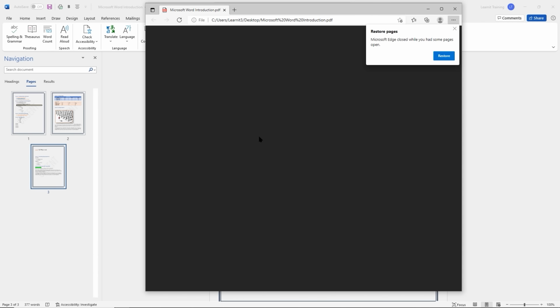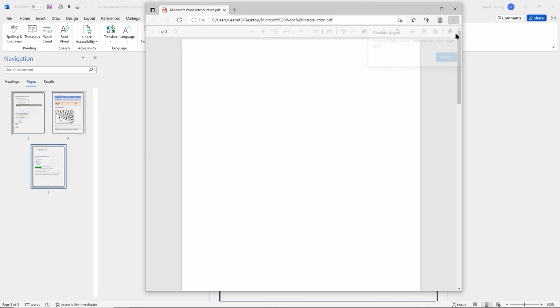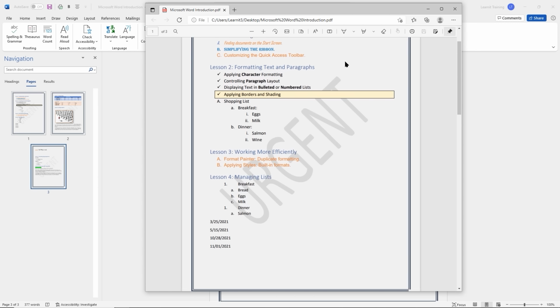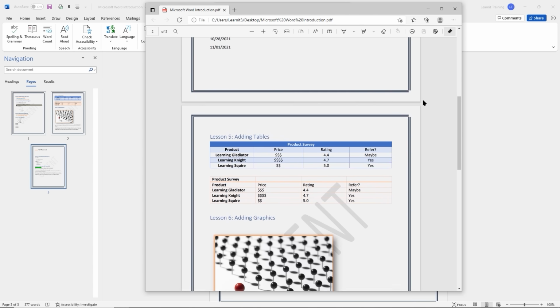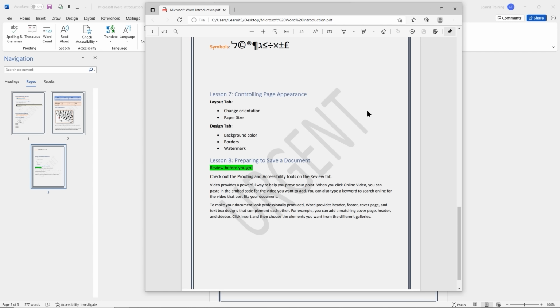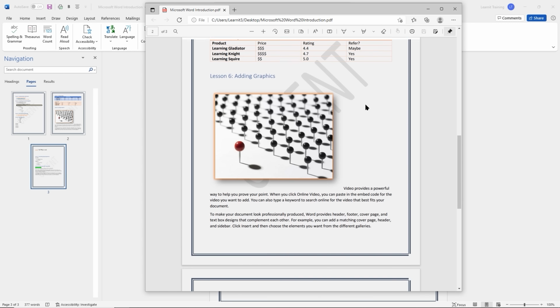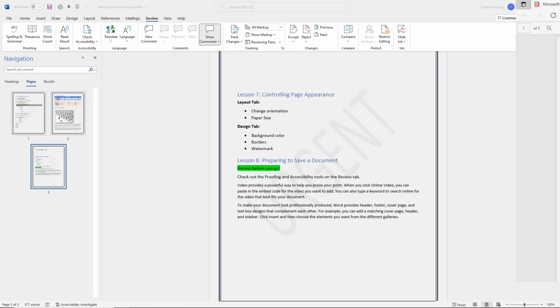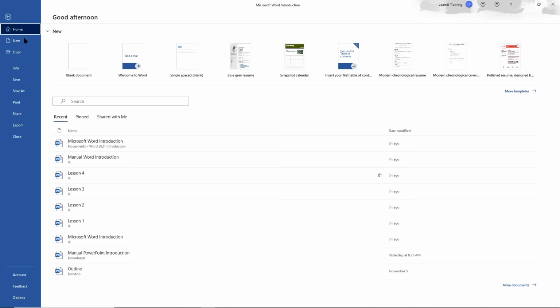And that should open up right away. And so here's our PDF version of this page. It opened right here in Microsoft Edge, right in my browser. And everything is there. All the images are there. All the special symbols are there. And so the PDF basically took a picture of everything and provided a nice file for us. Very good. Another thing that we can do, if I go back to my file menu here,